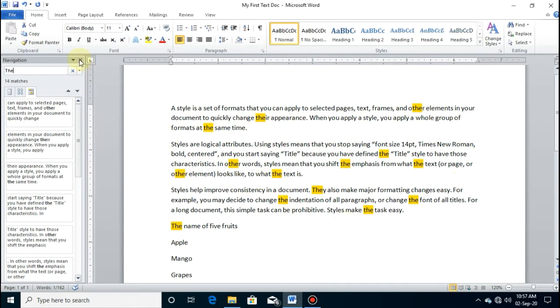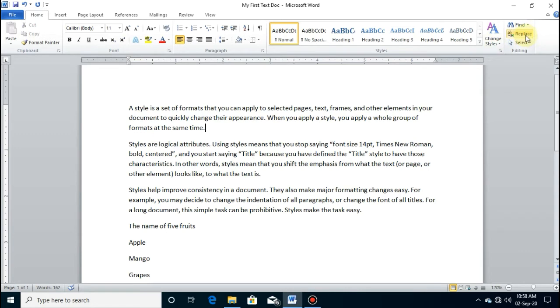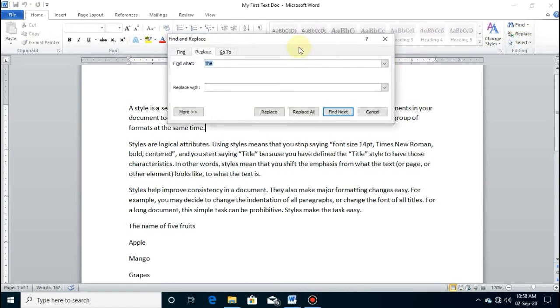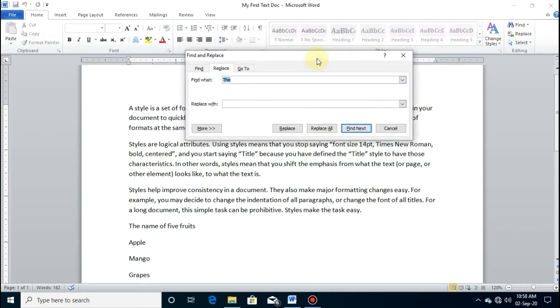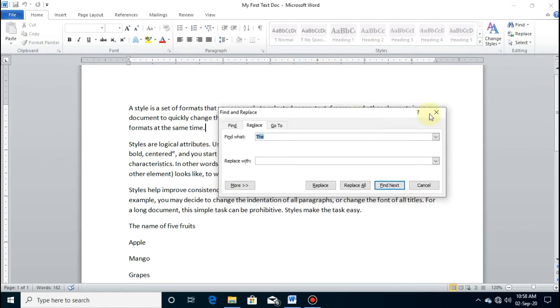Okay, then next is replace. Sometimes we want to replace any word in our text document, so we can use this replace option and select the word which you want to replace. I am selecting here "styles".